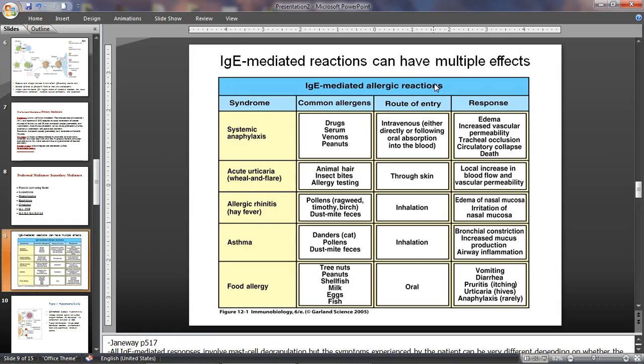Allergic rhinitis. The route of entry of the allergen is inhalation. It could be due to pollens, ragweed, dust mite feces. The reason could be edema of the nasal mucosa, irritation of the nasal mucosa,